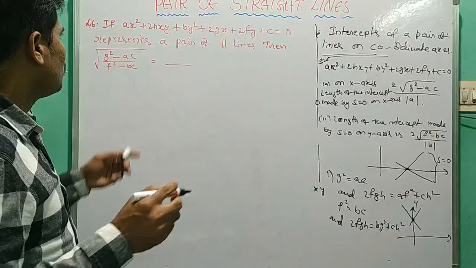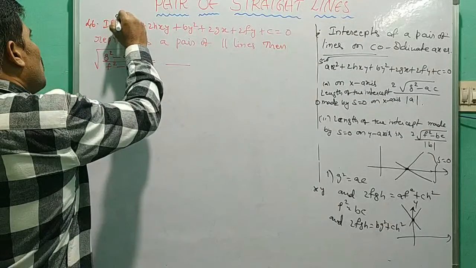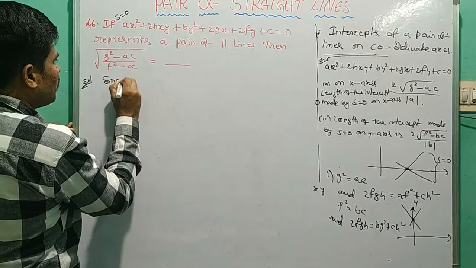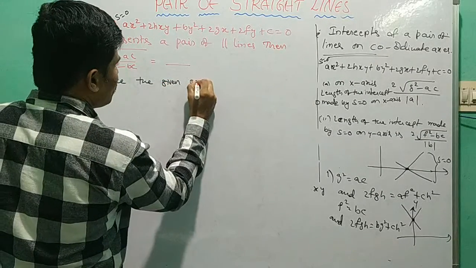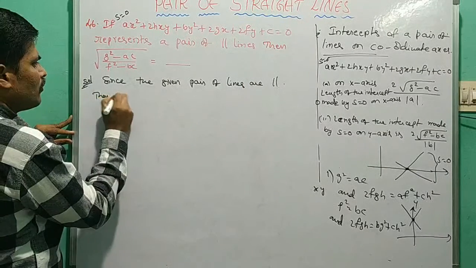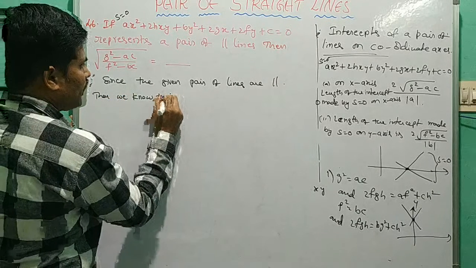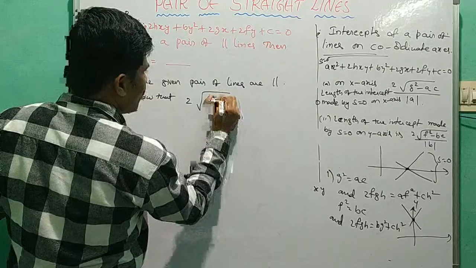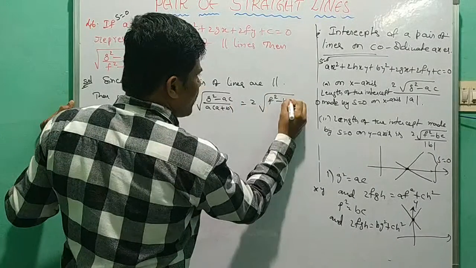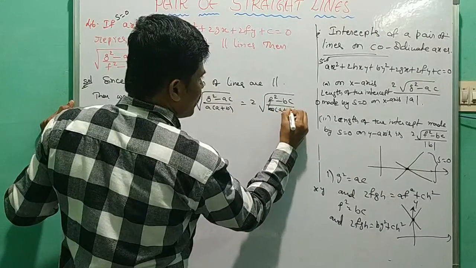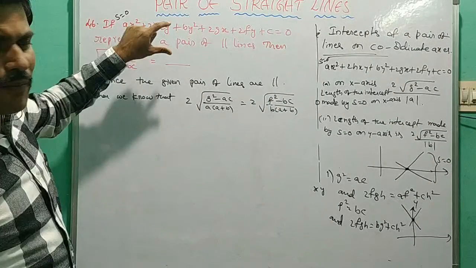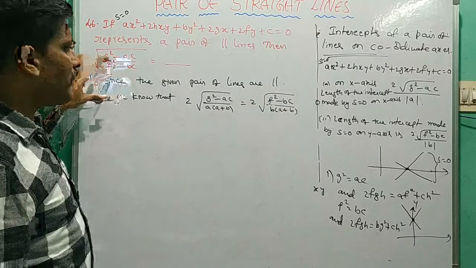Clearly we have the given equation of a pair of parallel lines. We know that the condition is, the distance between them is 2 into square root of g square minus ac by a into a plus b, and similarly 2 into square root of f square minus bc by b into a plus b. So here we take b into a plus b. Now in the given, to find the value of g square minus ac by f square minus bc,